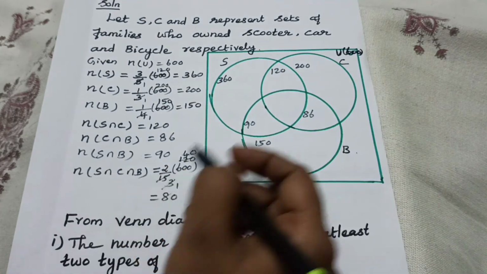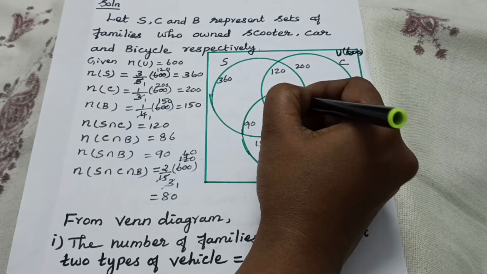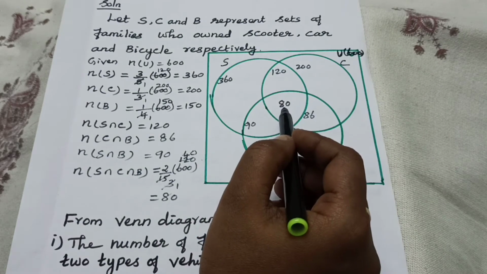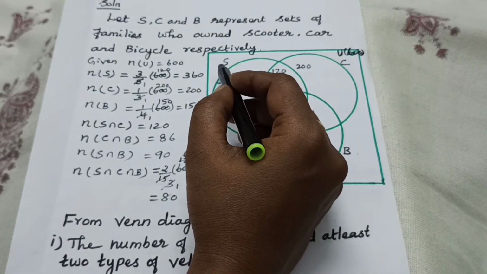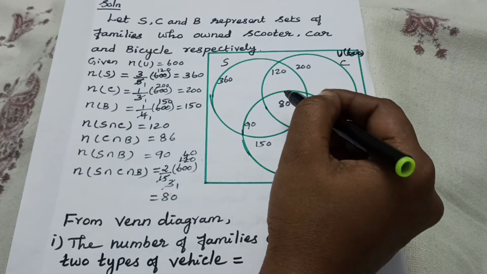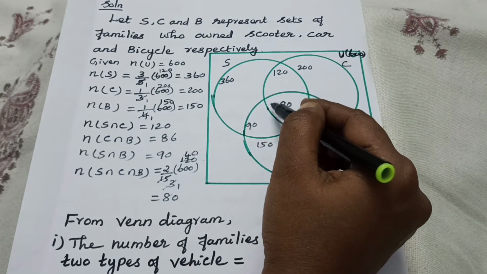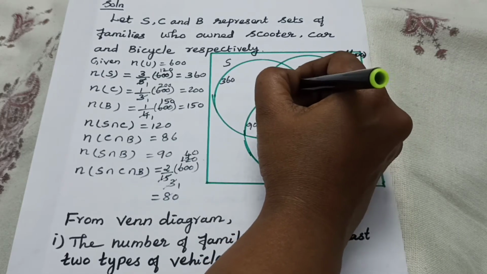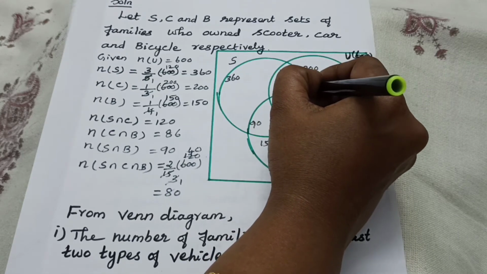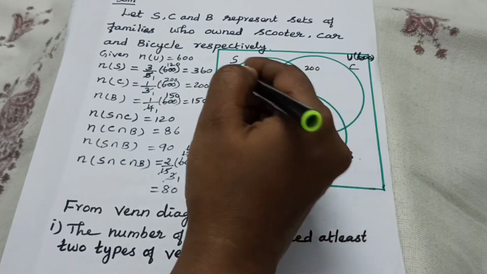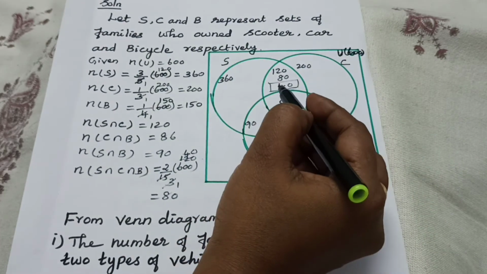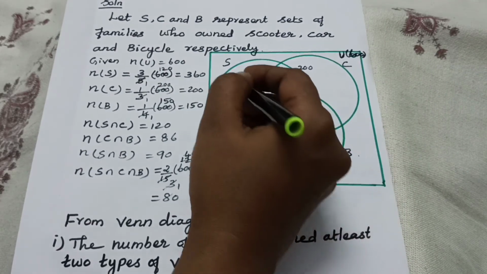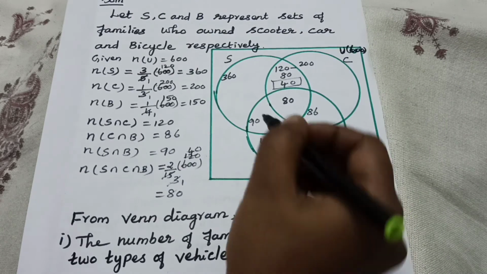Then here all the 3, what? 80, isn't it? All the 3 vehicles, how many of them are using? 80, isn't it? Only scooter and car, how many of them are using? How can we find? We have to subtract this 3. Okay, then subtract, then we will get what? Here 40. Okay, 40 we will get. Only scooter and car, how many of them are using? 40. Okay.